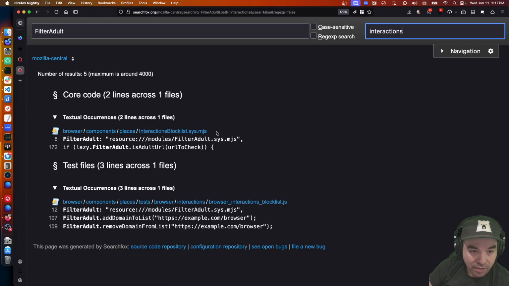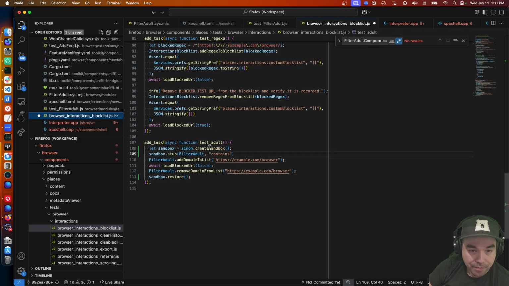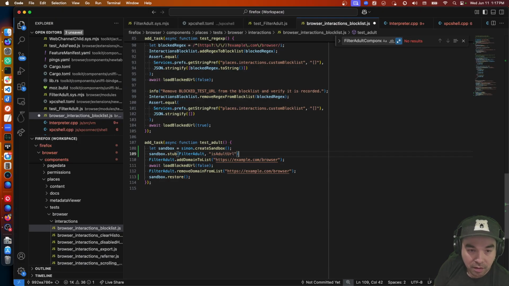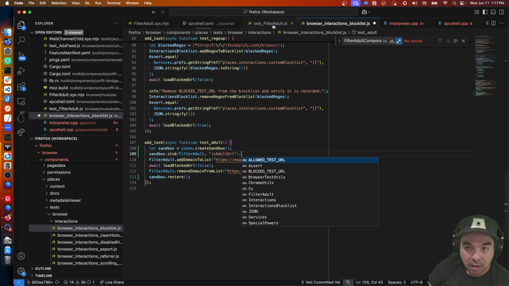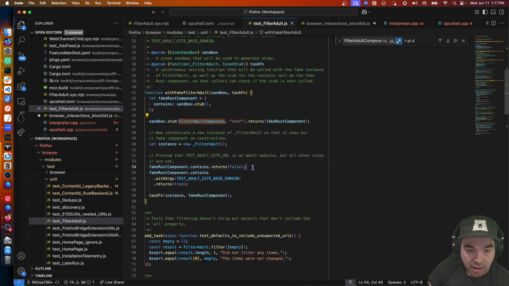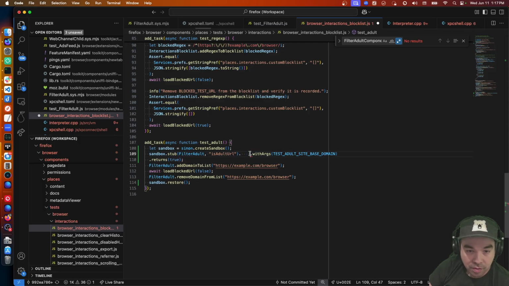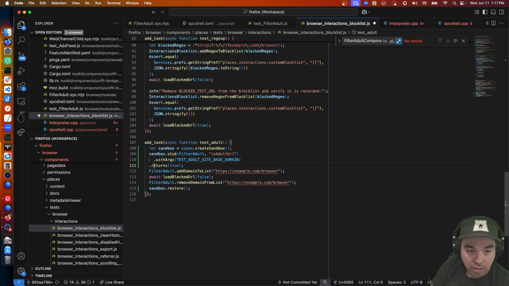Interactions isAdultURL. So isAdultURL, and I'll say with args returns false. With args, and this is going to be our test domain.